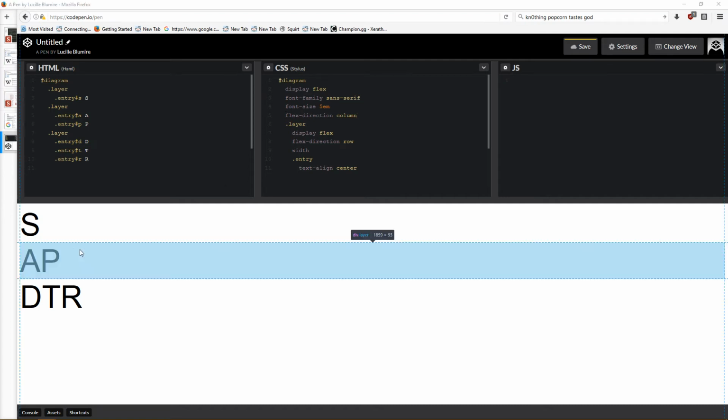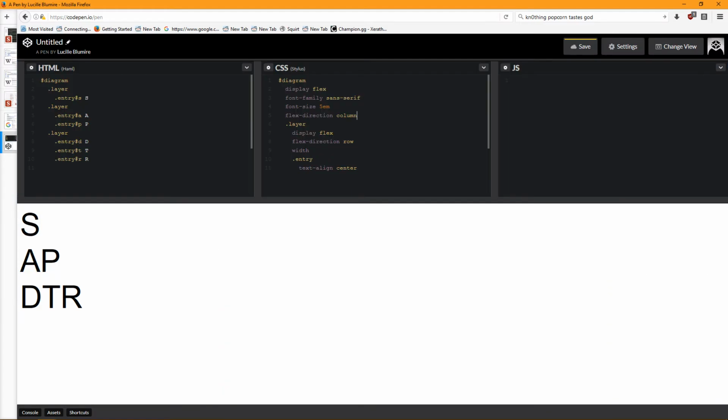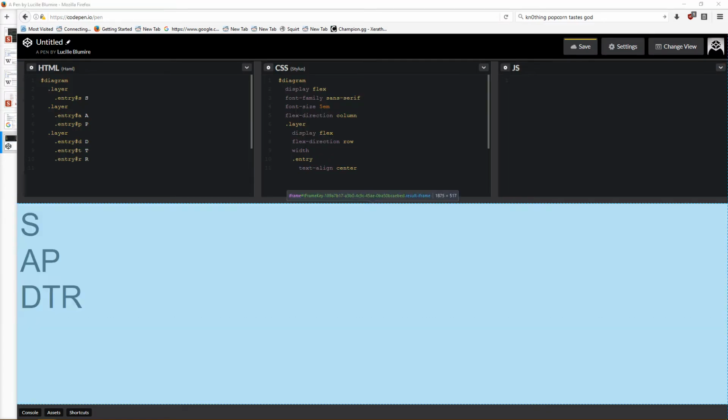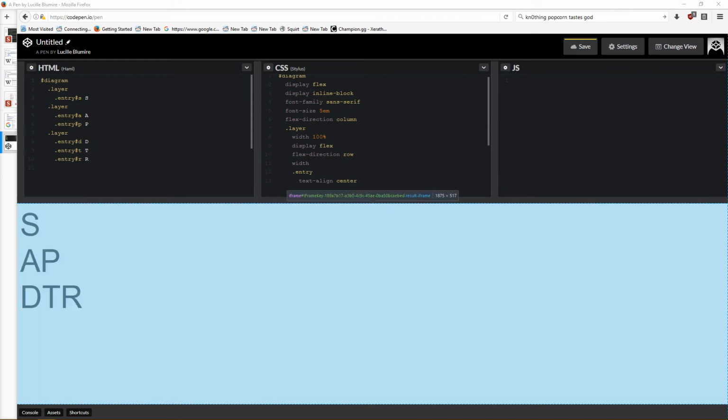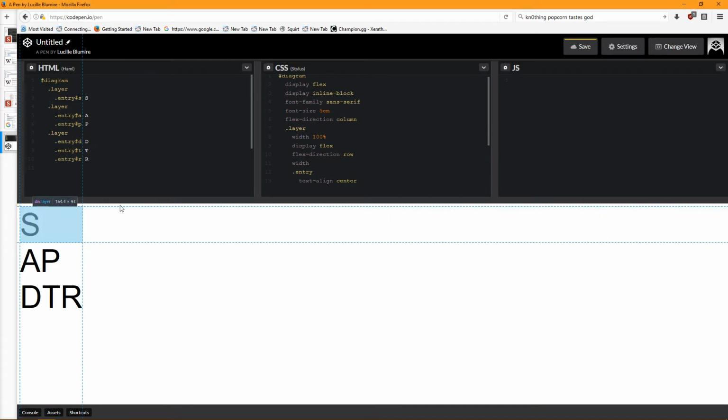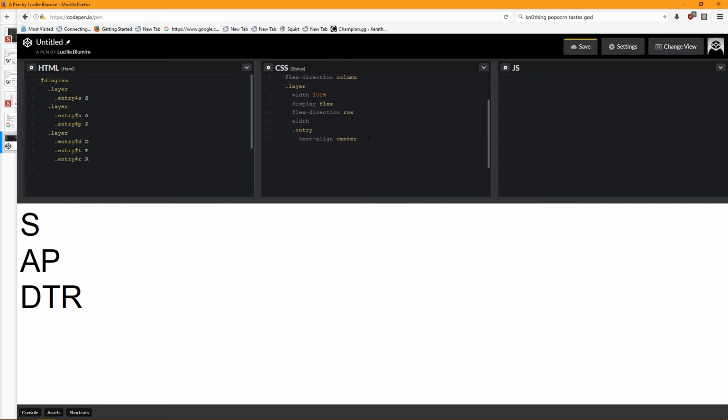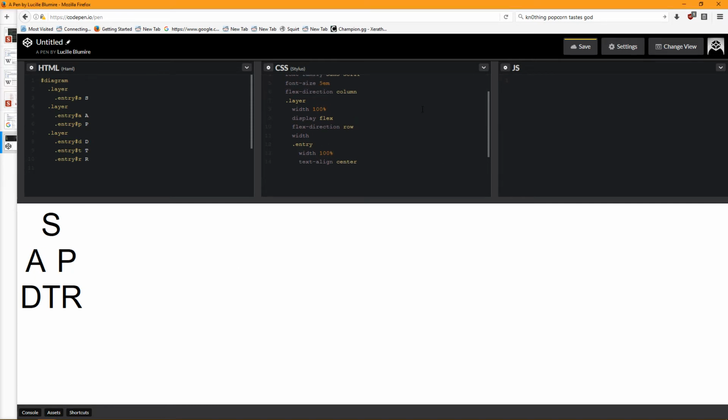What are you getting right now? Div layer, div diagram, you are getting full width. No. You are box sizing, display inline block. That should make you a lot less silly. And then I can say here width 100% without it being dumb. No? What are you now? Yeah, okay, your width 100%. Oh, these guys still need to be width 100%. Okay, there we go. Now we've got that without it being dumb.